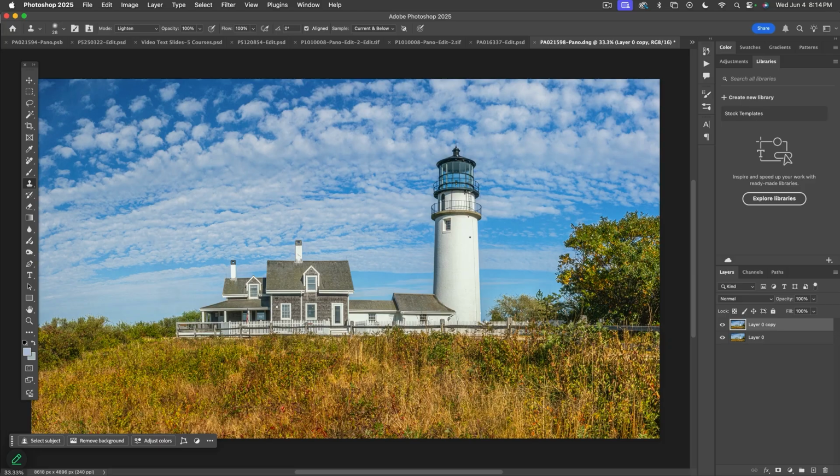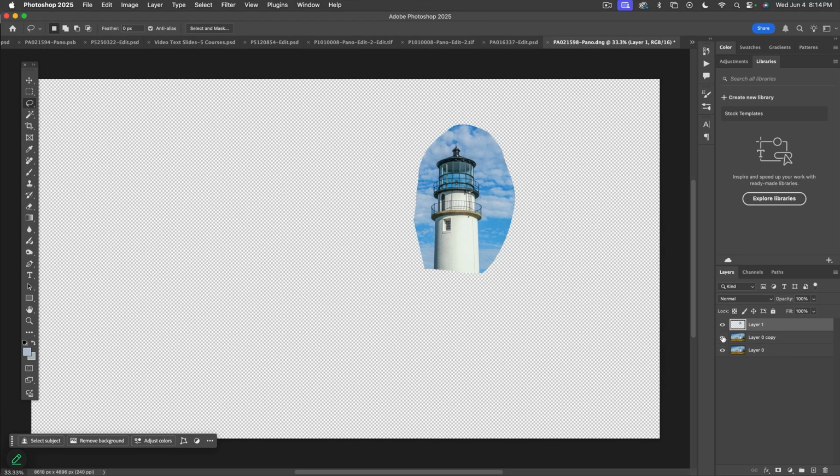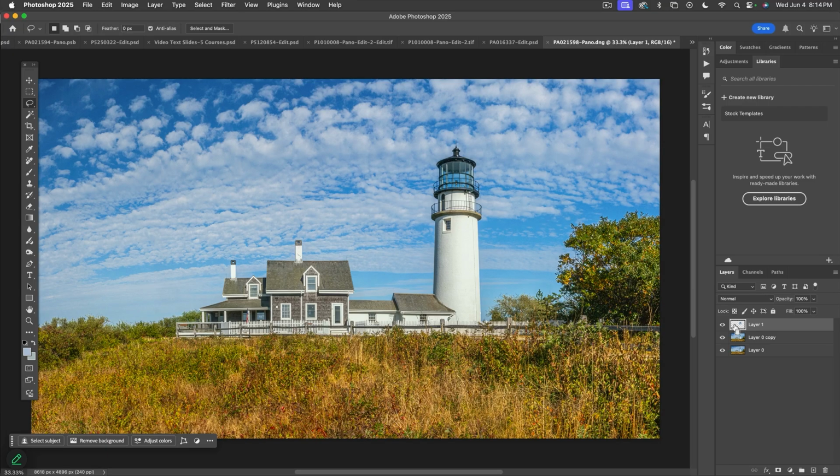It's like it's sad. So let's see if we can help it out. So I'm going to use the lasso tool, and the bottom of it's fine. Let's select all this up here. And I'm going to copy and paste, Command C, Command V, and put that on its own layer. So there's what's on that layer. So let's select that